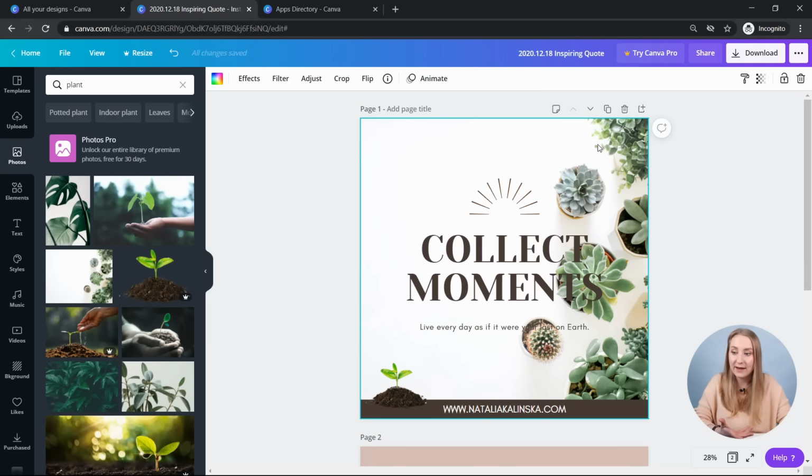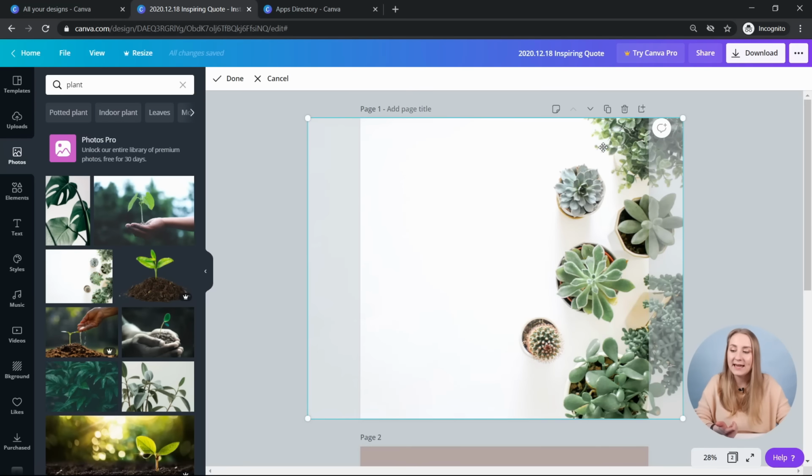So for the photo that I've chosen in here, you can see that it doesn't really go that well. Some text in here overlays the plants and you don't really see what it reads. So if you double click on this photo, you can actually see the original outline of the photo, and within it, which is not transparent, is actually the graphic, the boundaries of the graphic. But anything outside of it is opaque.